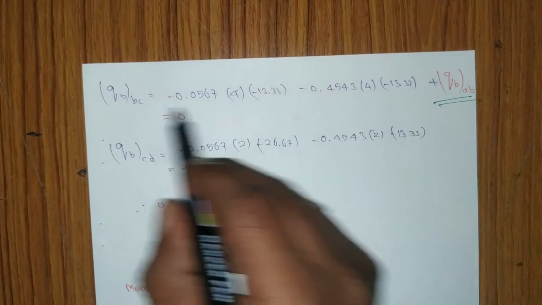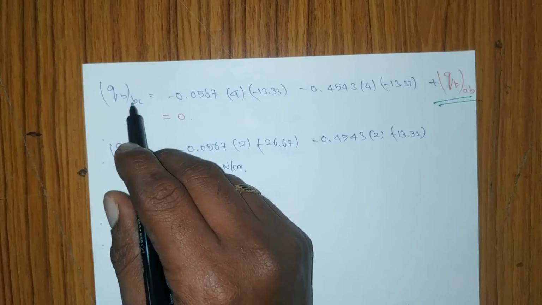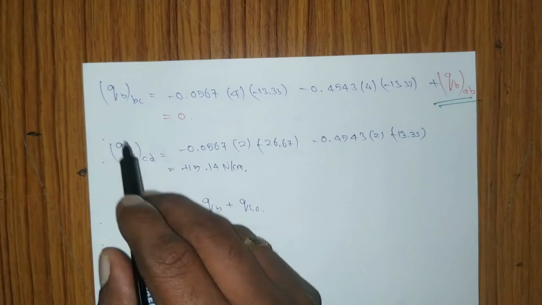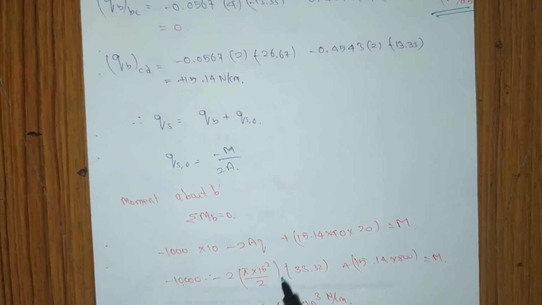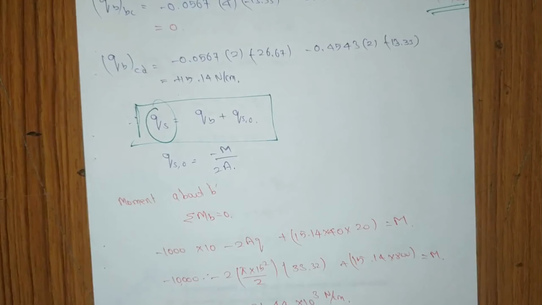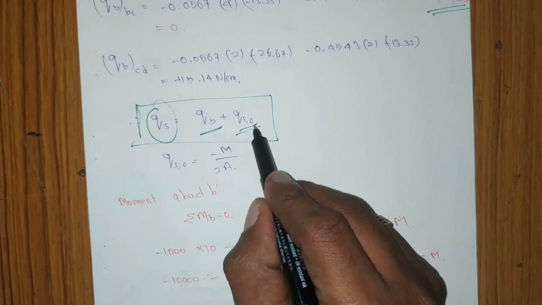You need to add, as already explained, how you solve now. If you solve QAB, then when you go for QBC, you have to add the QAB value. Similarly, for C to D you have to add the BC value. So you are getting each value, and now you have to solve for the actual closed section, and find the unbalanced QS0.